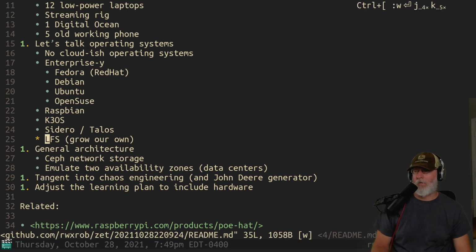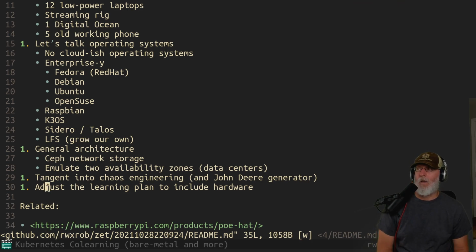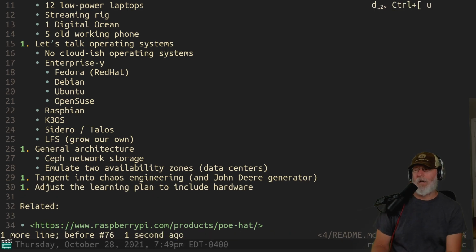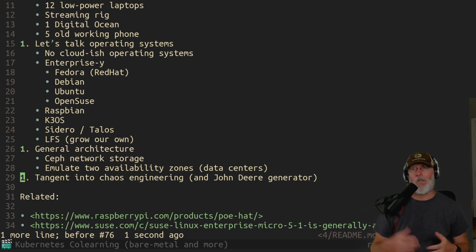So I think we have a growing list of stuff. I don't really need to adjust the learning plan, I'm just changing it. We'll talk about this tomorrow. Tomorrow we're going to regroup because of all this hardware stuff. It could take me a year just to play around with all the hardware, maybe a few months. So I have to keep my general learning related to Kubernetes concepts and components moving, and I need to keep doing some application development.